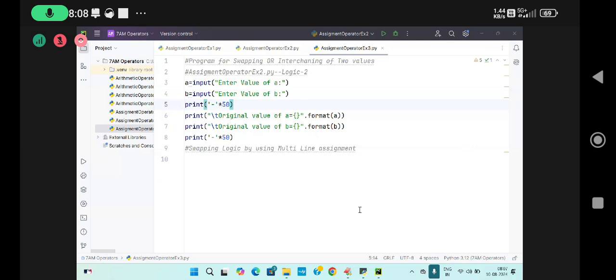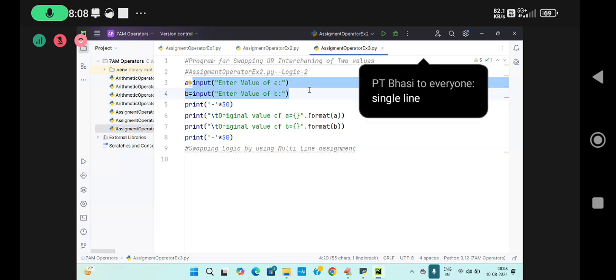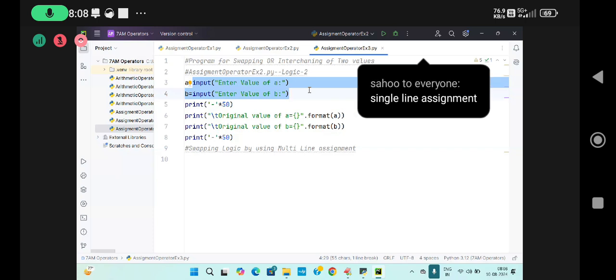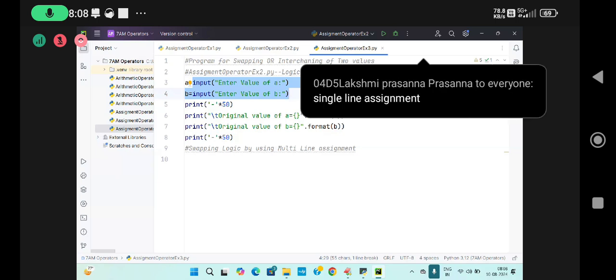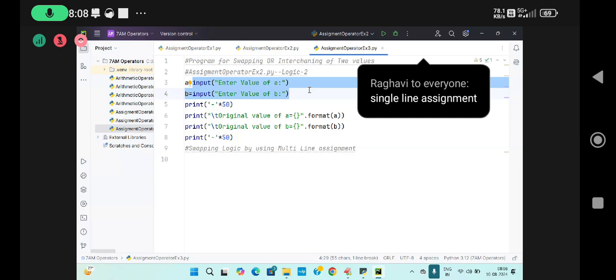What is this line called? Everybody try to answer it. Single line assignment, this is called. In single line assignment, what am I doing? I am reading the data simply. So when you read the data simply over there, now I want